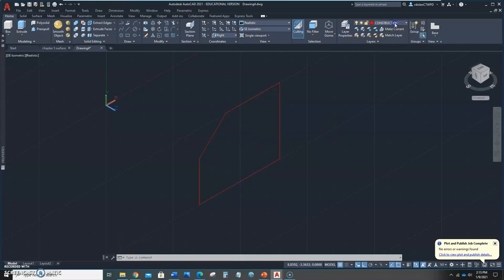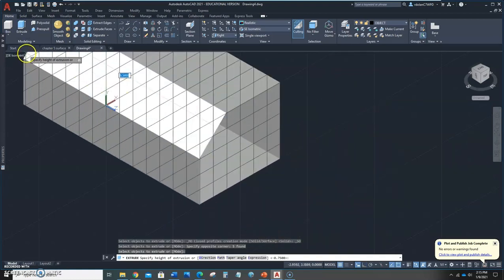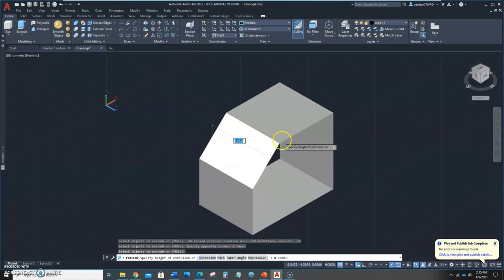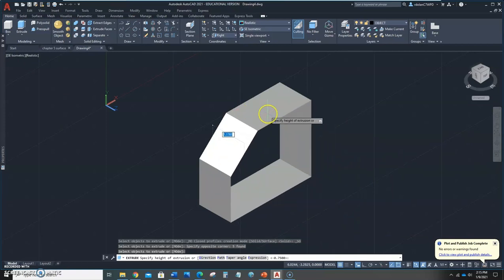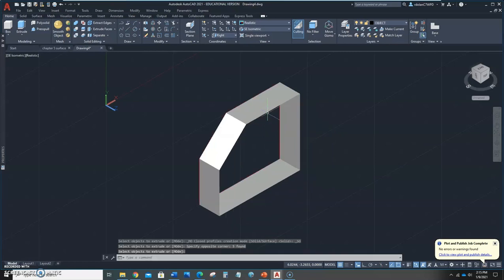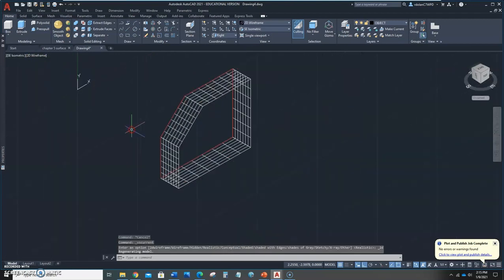L-shape. I'm now going to go into my object layer. I just want to use this for a reference, for construction. What I'm going to do is go to extrude and pick everything. Now yours may be on realistic, it doesn't matter right now. I'll show you what the other ones look like in a minute. Now I want to know how far you want to extrude it. Notice though, it's making a shell. It's not making a solid object yet. That distance is 0.75. If you are on 3D wireframe, it should look like that, and you can go to 3D wireframe by clicking up here